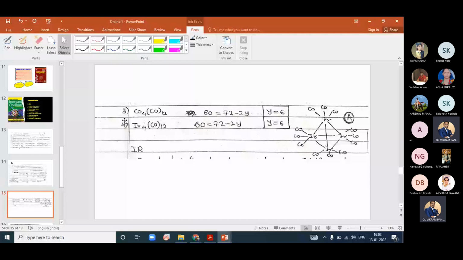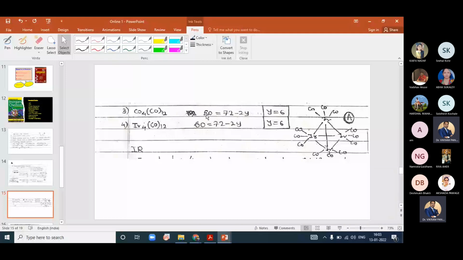So here, this Co will come as a d9 type of system, d7 and 2 electrons from the first orbital, so it will become 9. So 9 fours are 36. Okay, 36 plus these 24 electrons, CO by 12. So 12 twos are 24. So in total it will become 60.